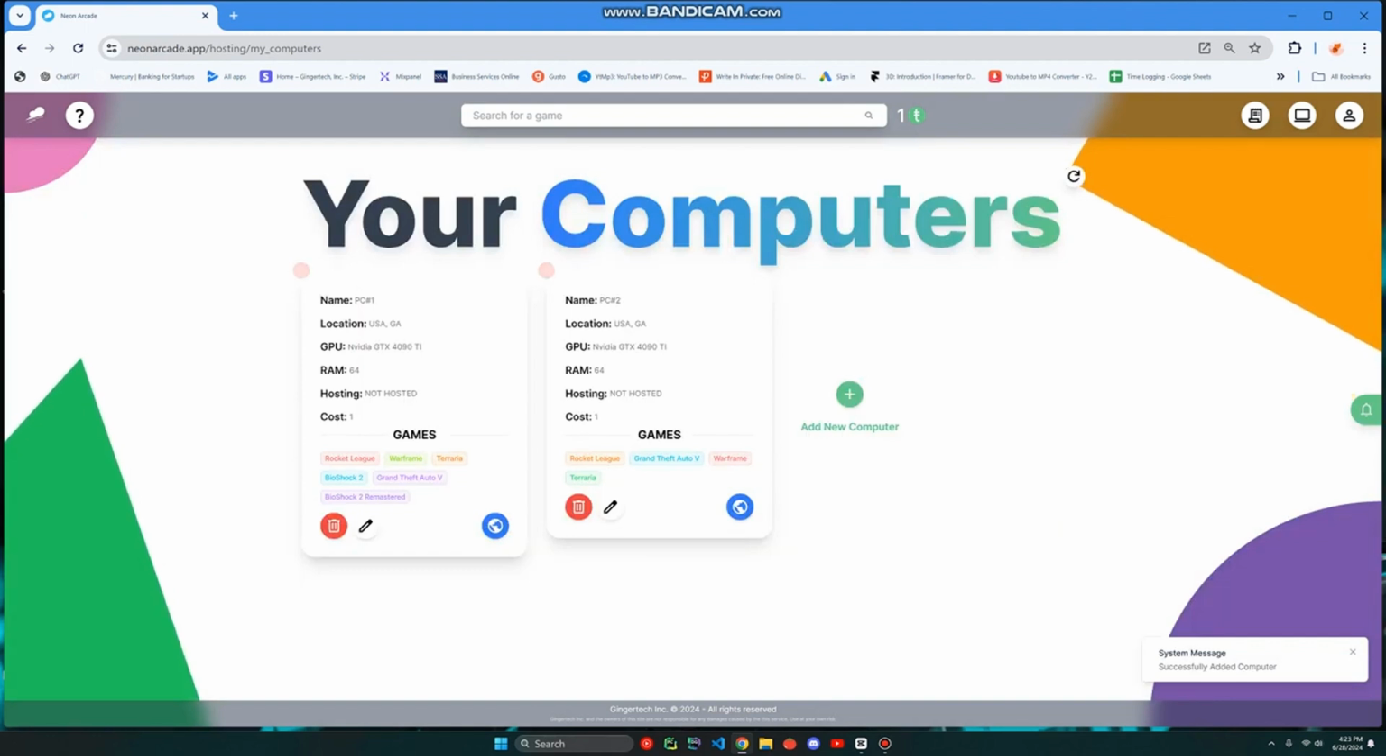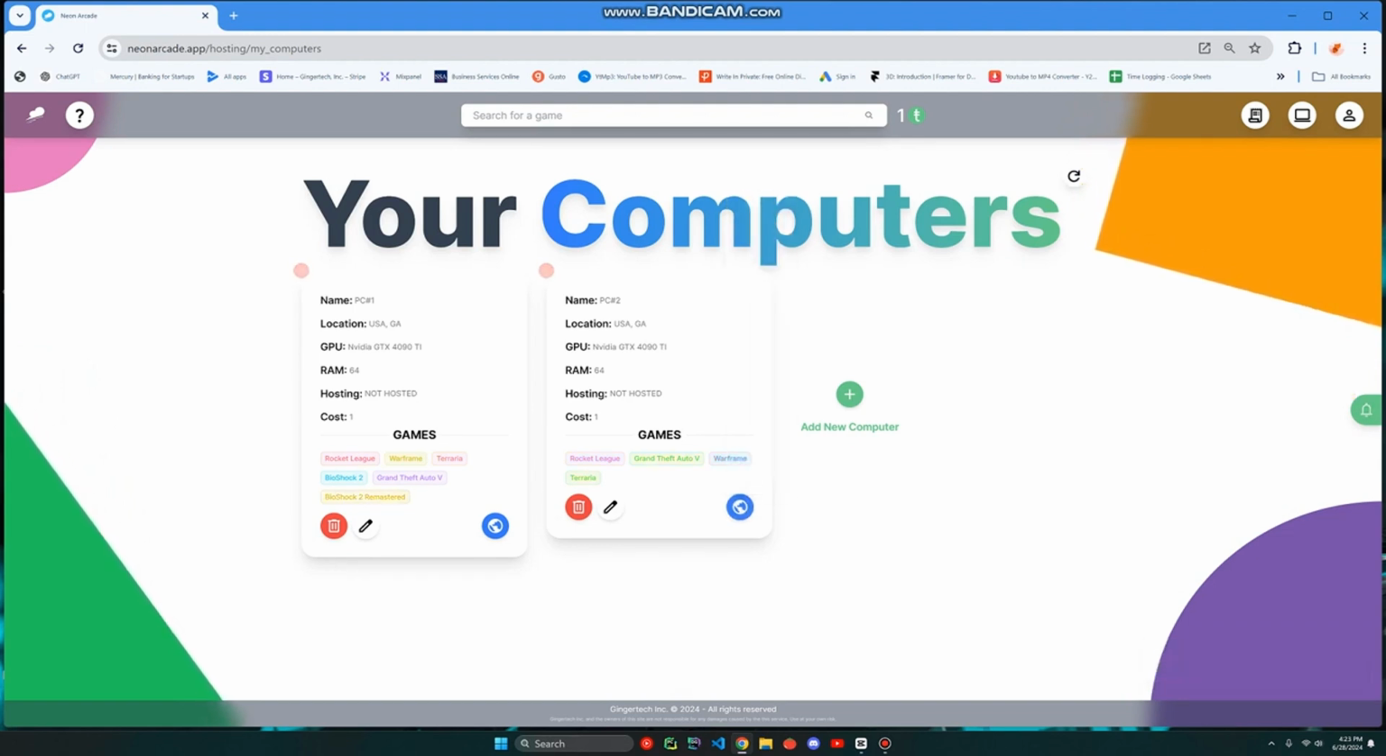We can reload and see that. And then once you want to host it, so other people can request your computer and attempt to get on it, you would just click on this and then set how much time you want